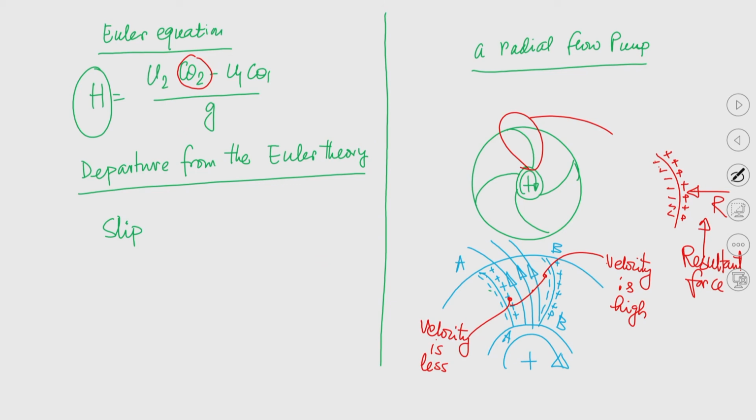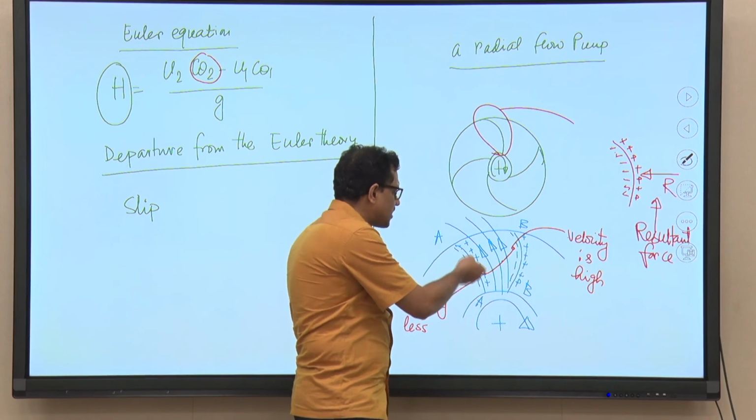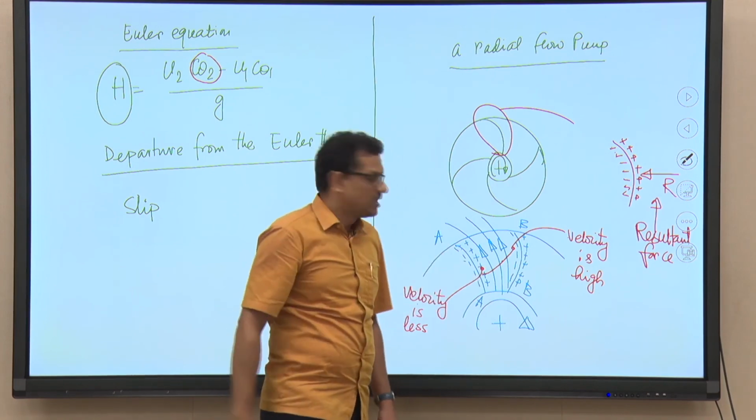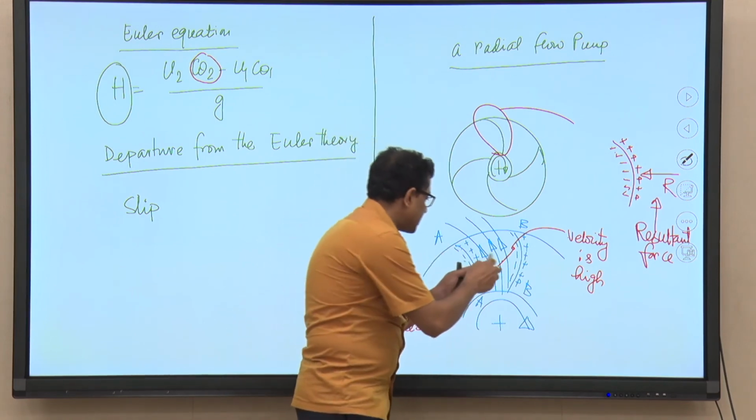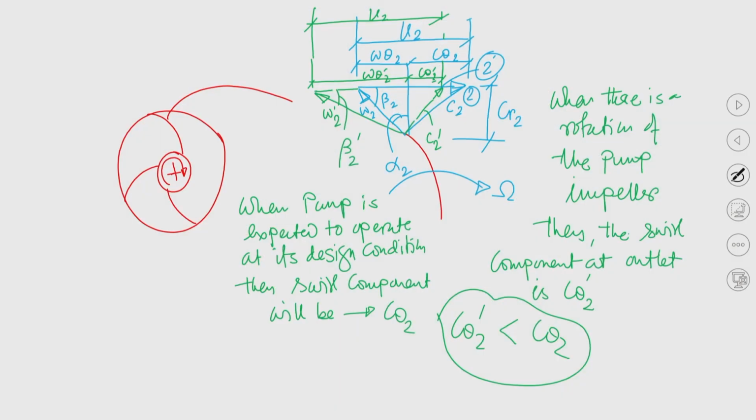So, because of this pressure difference we have discussed in one of the previous classes, that is also known as blade loading, fine. But because of the pressure difference across the blade there will be a circulation. Also, because of this non-uniform velocity distribution, the mean flow leaving the impeller is now shifting from position 2 to 2 prime, which eventually results in a diminished whirl component of velocity at the outlet, but it does not represent a loss.